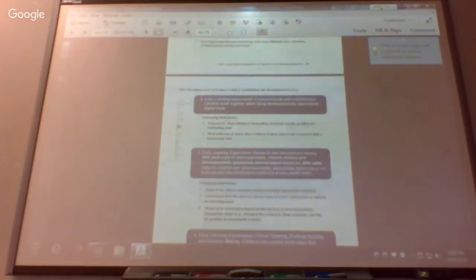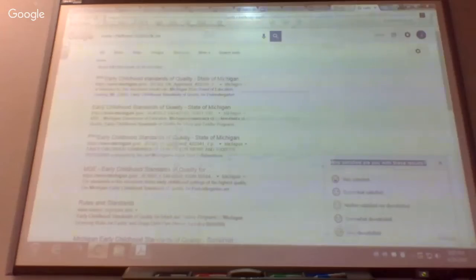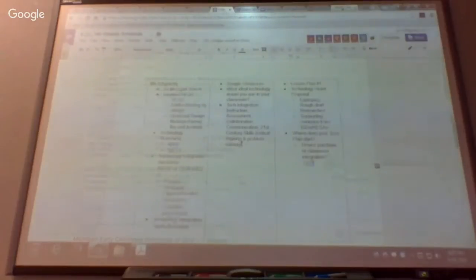Okay. All right. Of course, I didn't do that in my lesson plan, because I didn't include the technology component. That's why this is a working class, because as you realize, oh wow. Here's the issue, and it's not really an issue, it's just something to remember. If I go to the ISTE standards,